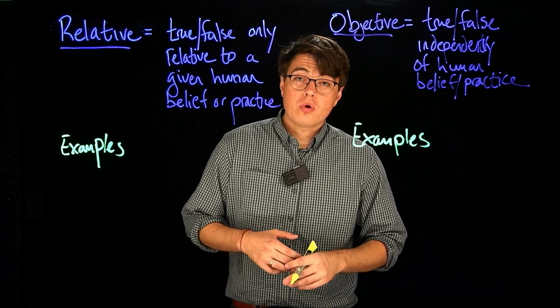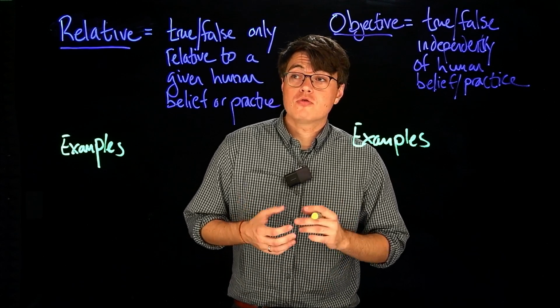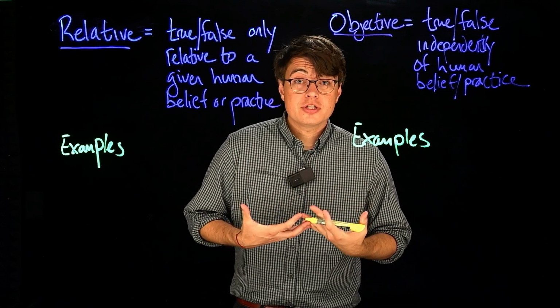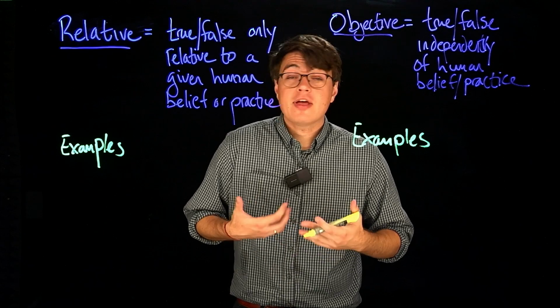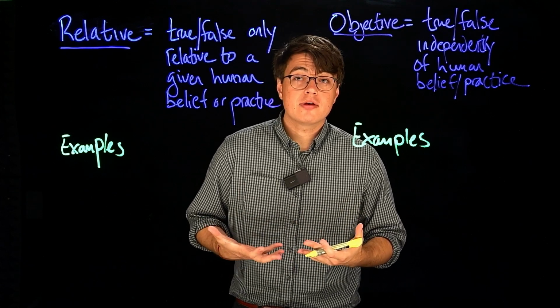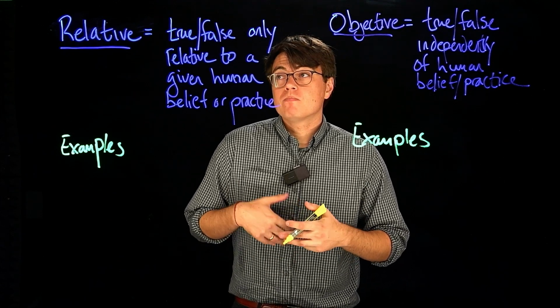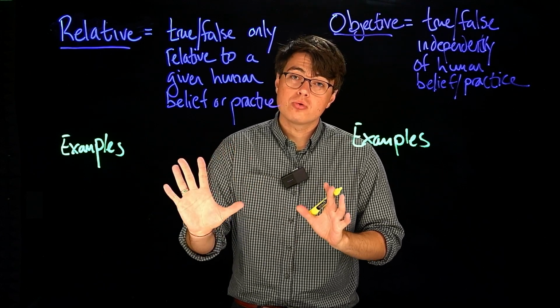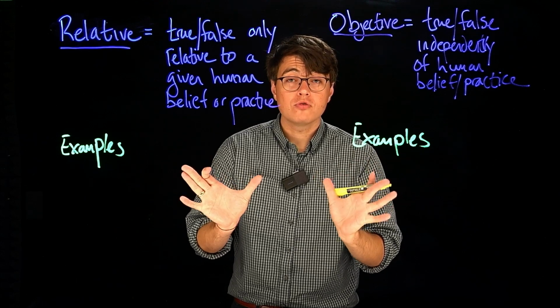In order to clearly introduce what moral relativism says, it's going to be useful to just have a bit of terminology in hand. So a proposition, let's say, is a statement or claim about the way things are. Propositions are either true or false. We're going to call truth and falsity the two truth values.